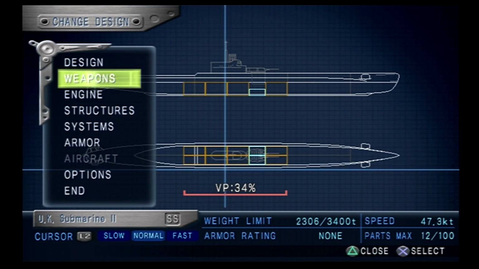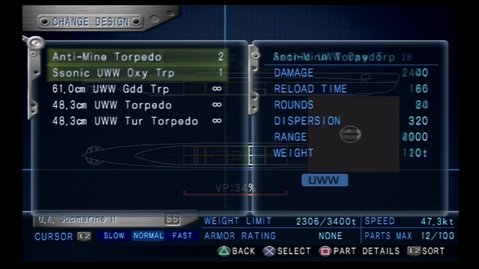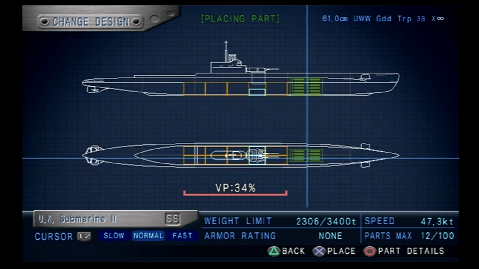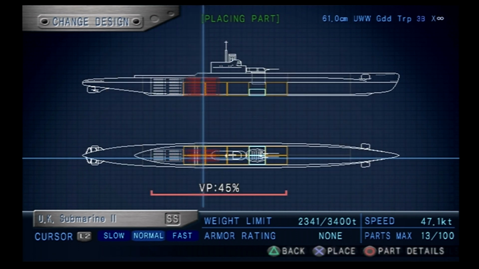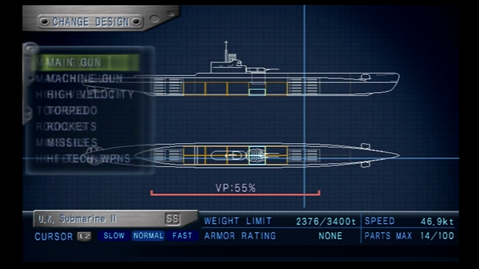Okay, there we go. Weapons. Next, of course, we want the torpedoes. And we want these torpedoes because they are guided, which is great. And we're going to put them... actually, you know what I want to do first? I'm going to turn these around and see if I can put these... Yes, I can put some facing backwards. Nice. And then I can put some facing forwards. And then we can go and get our very important